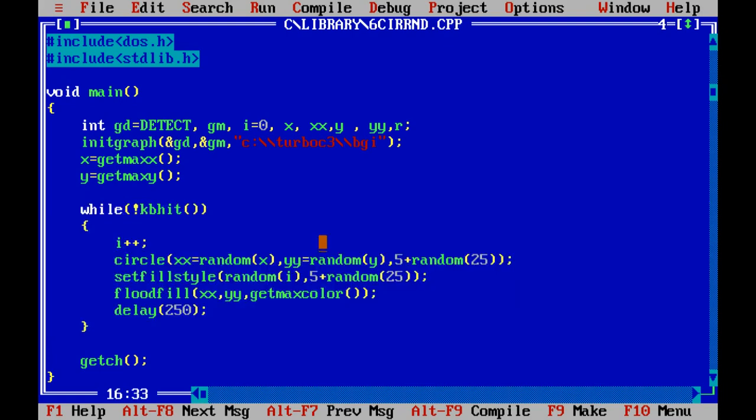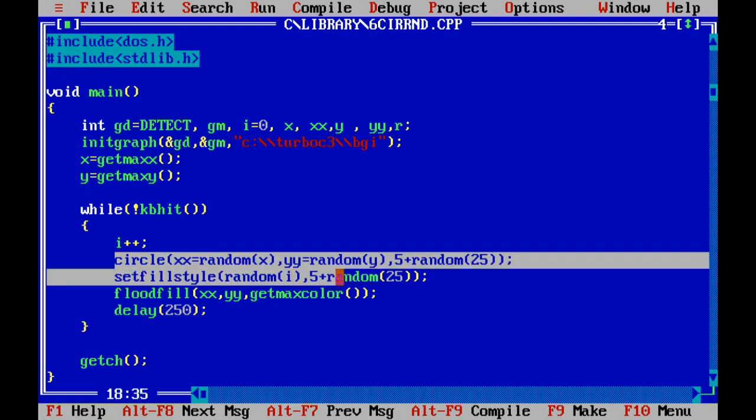Now I mention how it works. As mentioned earlier, a while loop is there with the not kbhit function, which means the while loop will execute until we press any key.